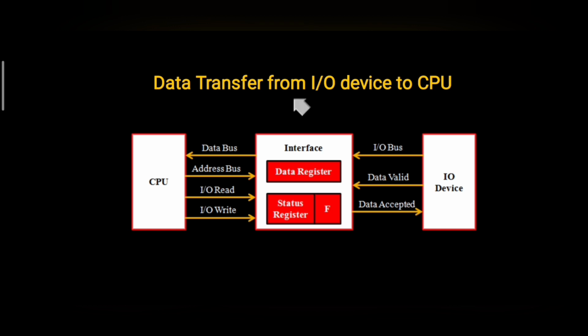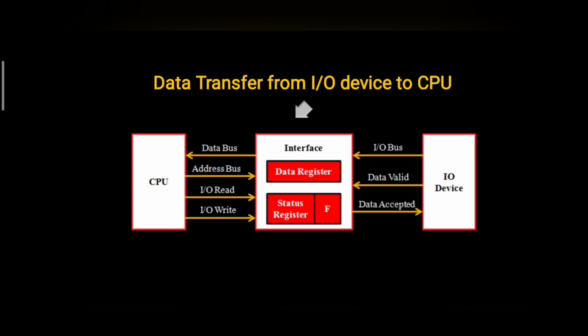So basically the IO command which is sent by the CPU to the devices connected to it will contain the special address of the IO device, and we are assuming that each IO device is given a unique address. All right. Now we all know that an interface unit is associated with each IO device. So this interface unit is going to interpret the address lines in order to determine whether that command is for its own IO device or not.